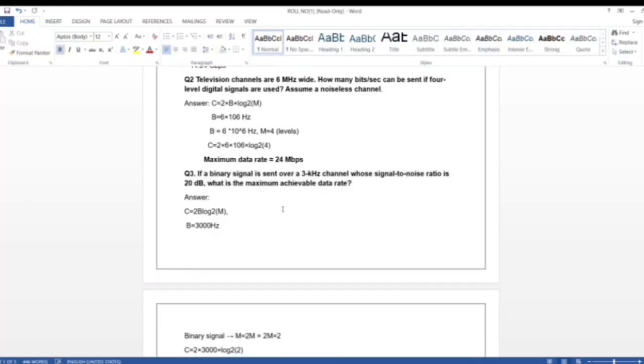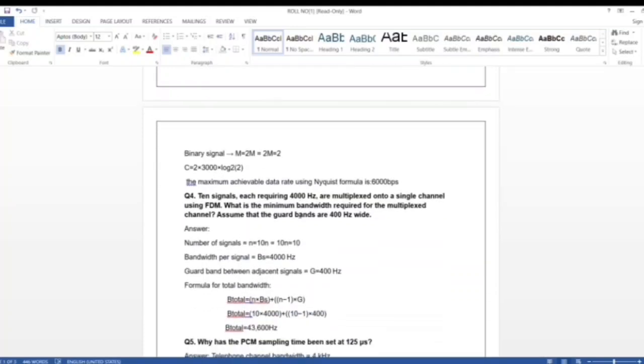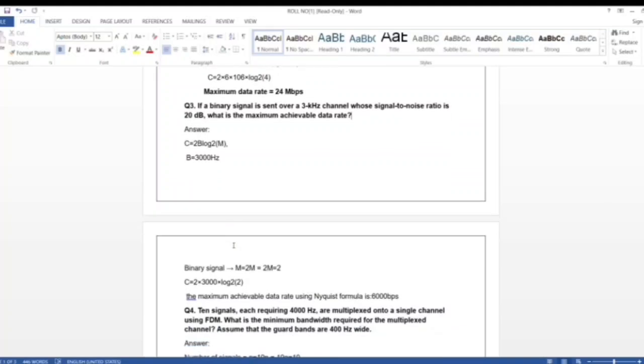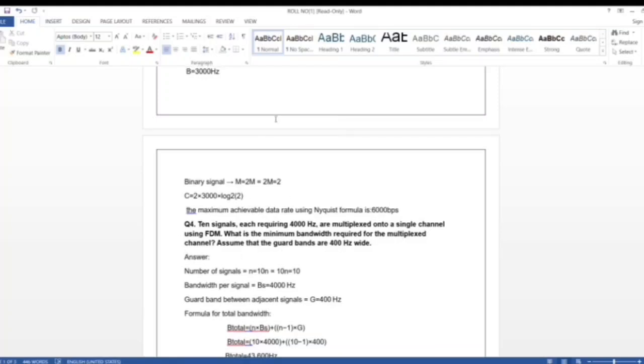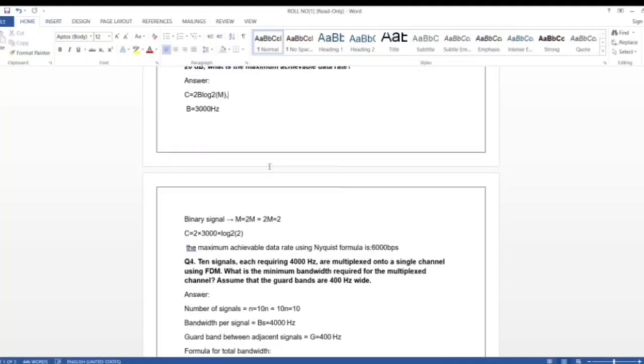The sixth problem asks what SNR is required to transmit a T1 carrier of 1.544 megabits per second over a 1 megahertz line. Using Shannon's capacity formula, the result is about 2.8 decibels, which is quite small but realistic with efficient encoding. The seventh problem asks whether a cable TV system with 100 channels is more like TDM or FDM,